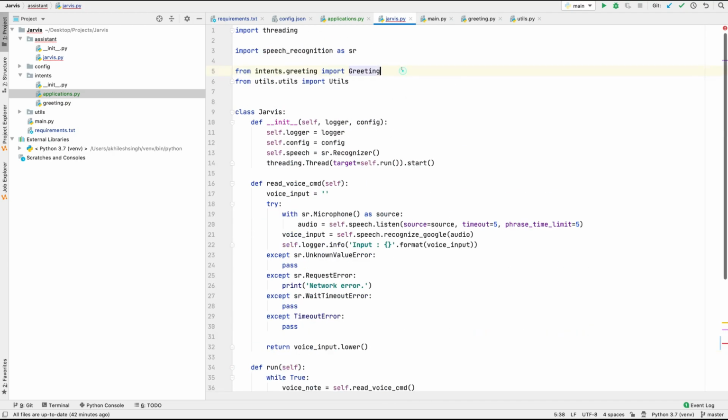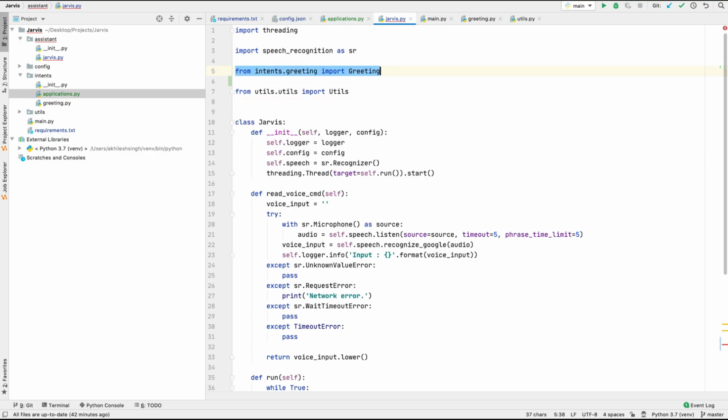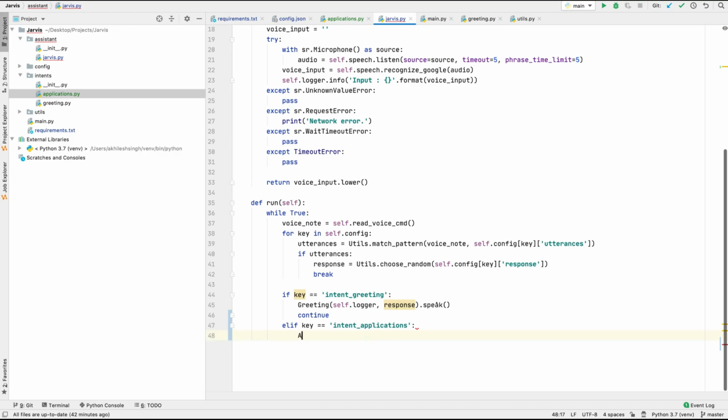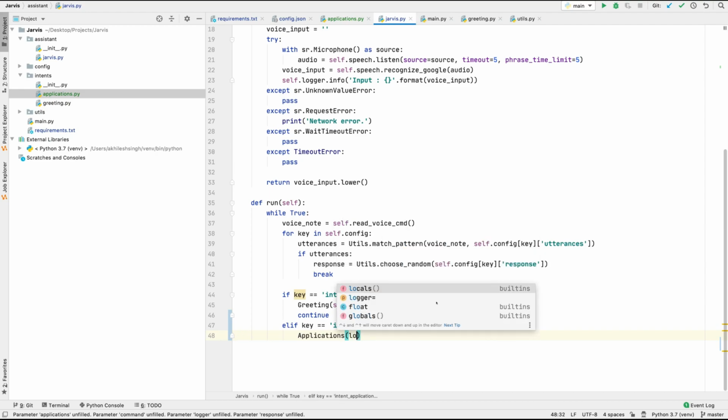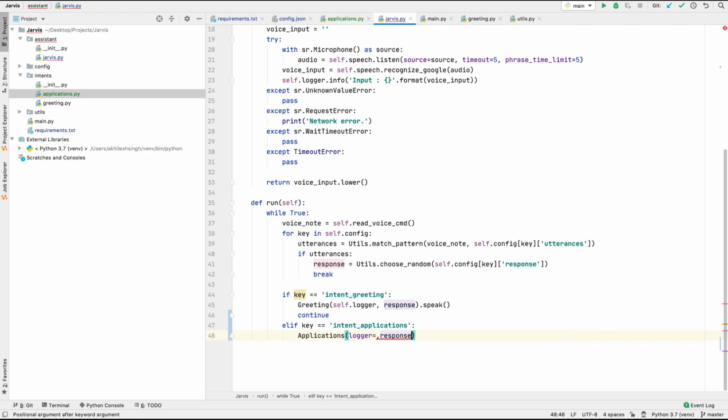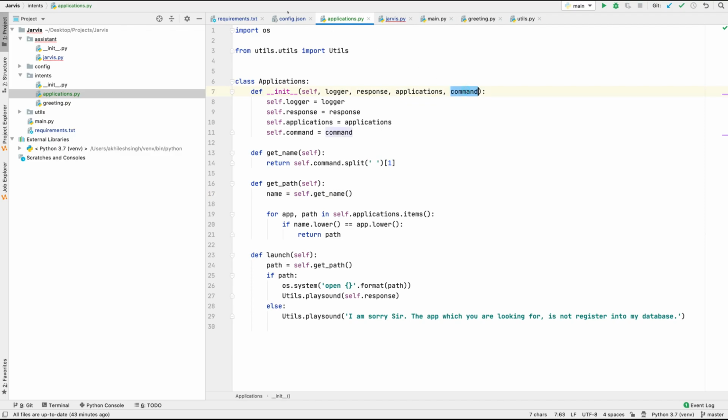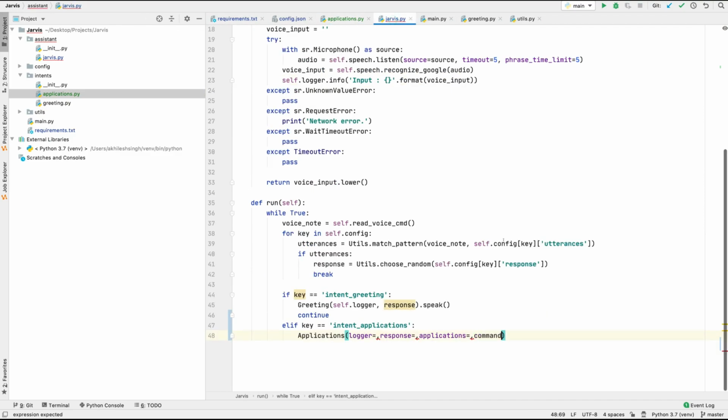We first need to import applications from applications, and then here I'm going to call the applications class, and here first we need the logger, we need response, we need applications, and we have another one where we have the command. Yes, so in Jarvis we will have the command.